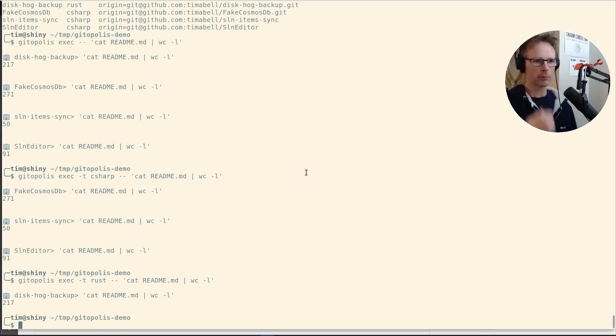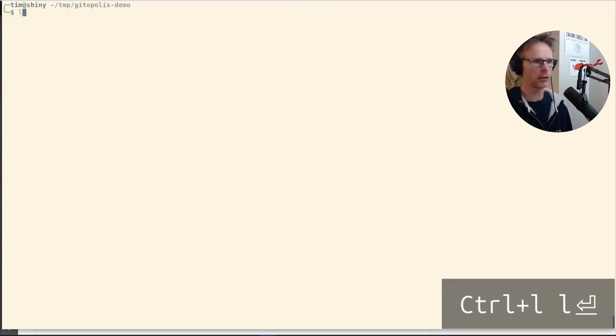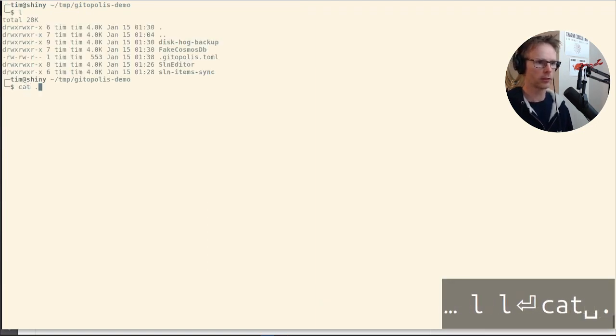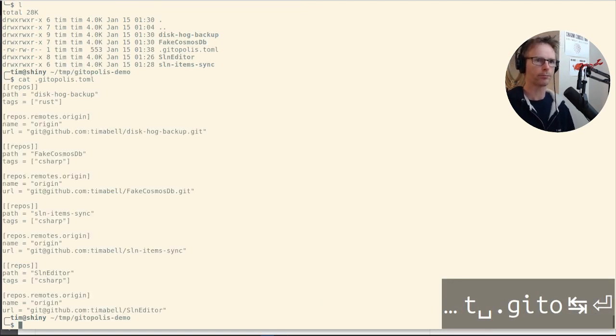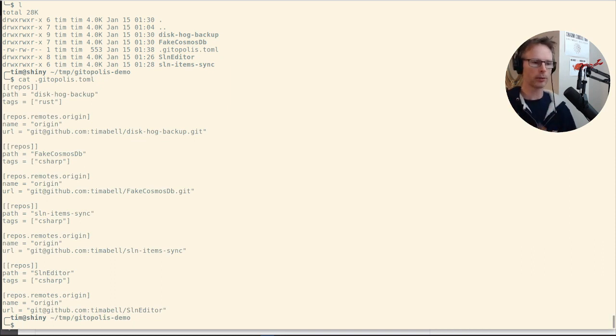Where next? Right, I think probably the next thing to jump to, which is I think one of the killer features of this as a thing, is now we're in this state where we have this gitopolis file. So you're all happy, you're up and running. Now you have a new team member join, or your machine blows up and you need to set up again. If you've got a lot of repos, that can be a real faff. So what we can do is,